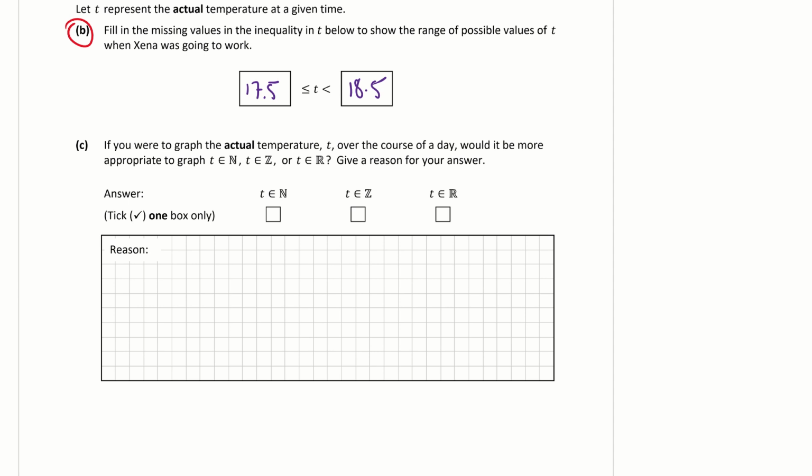Scrolling down to part C, if you were to graph the actual temperature T over the course of a day, would it be more appropriate to graph T being a natural number, T being an integer, or T being a real? In this case, we're going to tick the real because real numbers are all numbers, fractions, decimals, and negatives. Naturals are just positive whole numbers. Integers are whole, negative, and positive. But you have to think of it, it's temperatures, and we read temperatures as decimals. It's measurable, basically. So for my reasoning here, real numbers